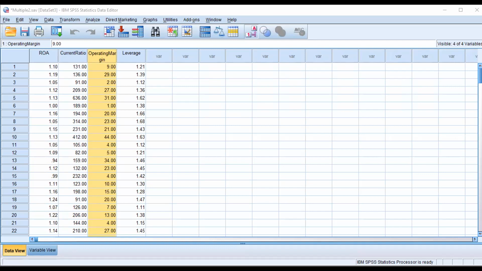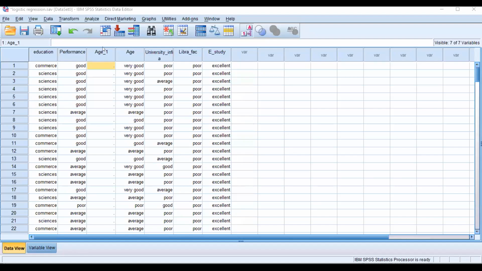R square is observed only in the bivariate case. This suggests whether your model is significant or not, and whether your coefficients are significant or not. So this was about the linear regression model.